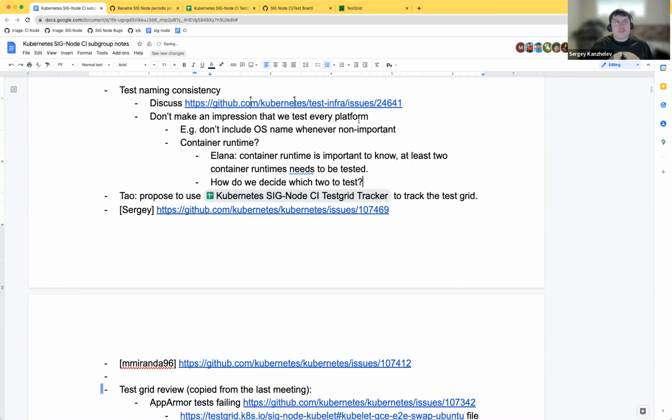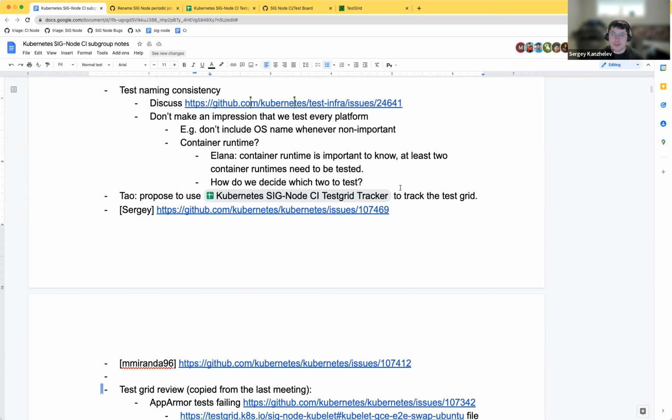Obviously, all the tests are defined by people willing to contribute and maintain them. If some other runtime comes and says they want to be tested, and there is enough justification and enough contributions, maybe it's a good thing to do. The worst case, which I think is what happened with some OSs, is that if nobody supports the tests, they go red and nobody pays attention, then we need to just remove it and assume nobody cares about this platform. I think CRI and containerd is good enough.